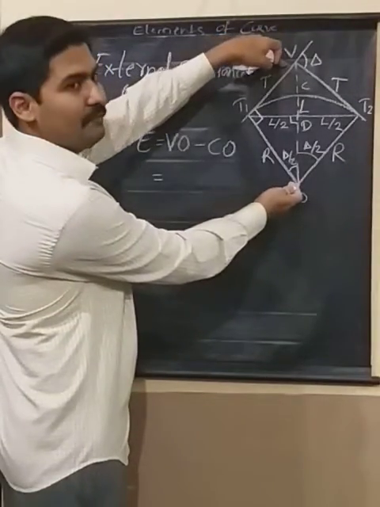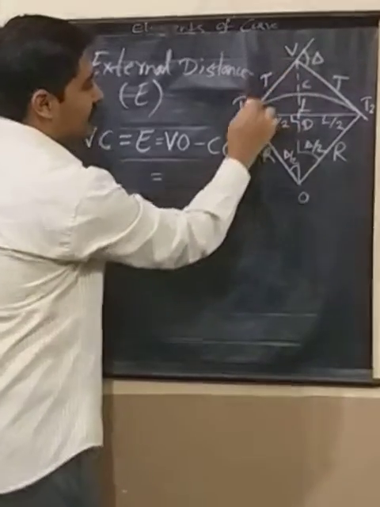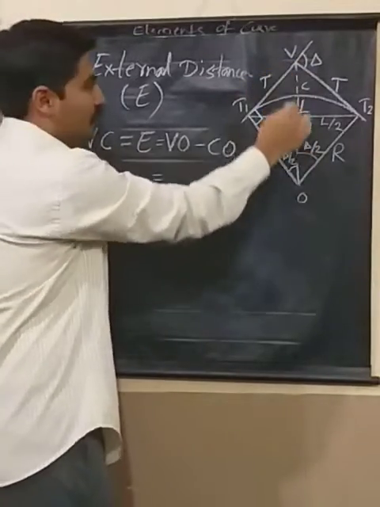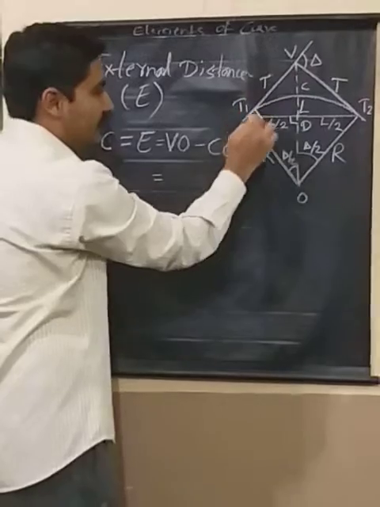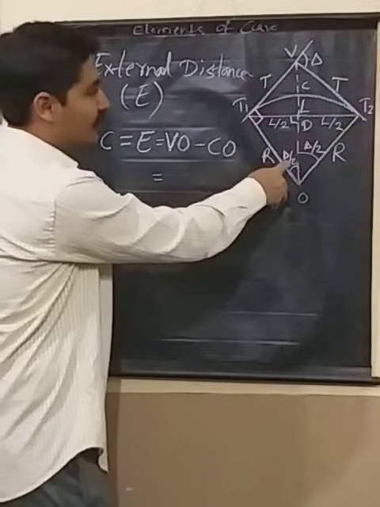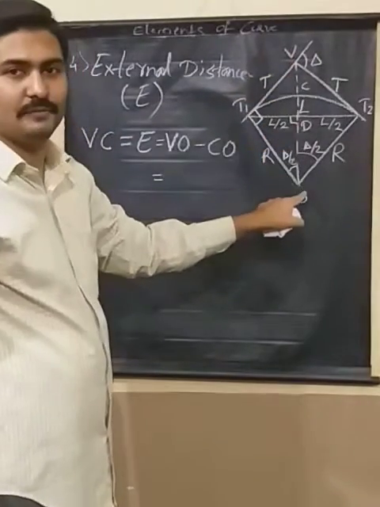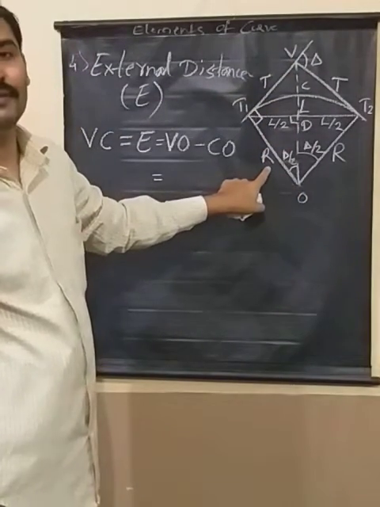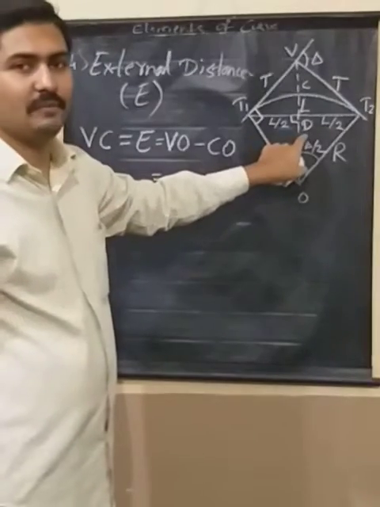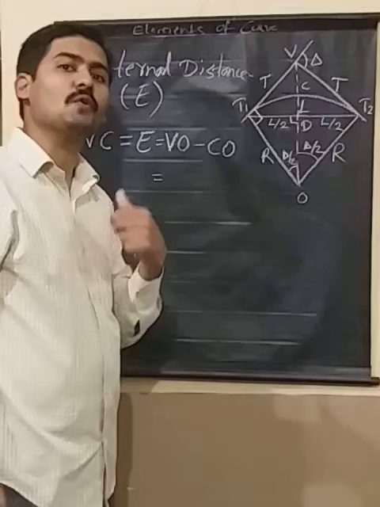Now talking about VO, to get this VO, I am supposed to use the larger triangle VT1O. Use this larger triangle, and this is one of the side of the triangle. VO is one of the side of the triangle VT1O, which is a right angle triangle, isn't it? And delta by 2 is known, and this is hypotenuse, isn't it? It is a hypotenuse of the triangle, and I know the side of a triangle, which is the adjacent side. Hypotenuse is required, adjacent side is known. So adjacent side is known, hypotenuse is required means it is cos side, right?